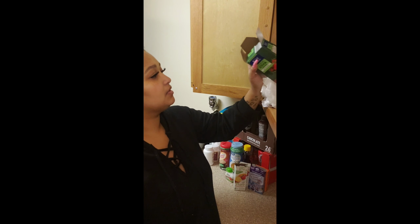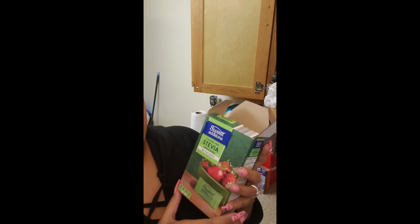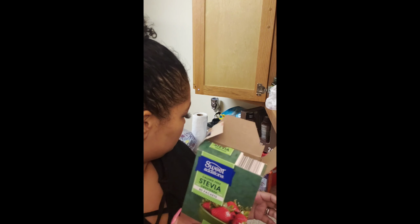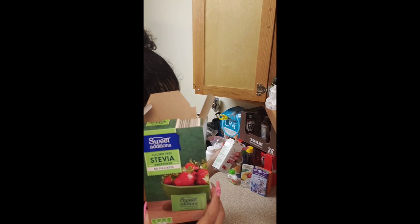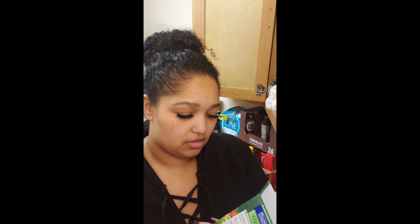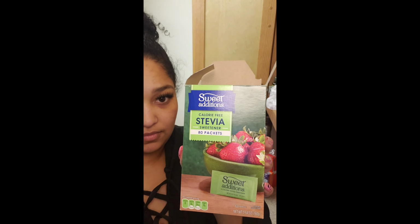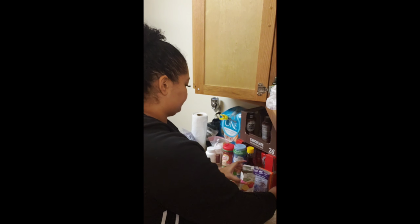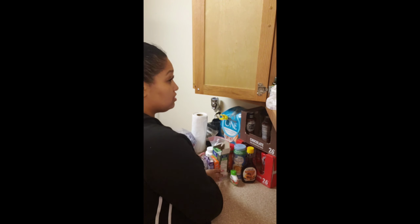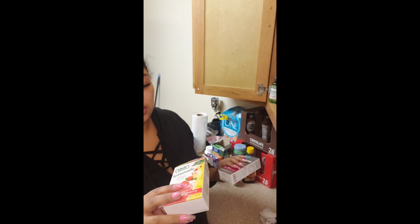Okay, this is an awesome buy. I actually got this. The stevia is from Aldi's. It's supposed to be like stevia. And I think it was like $3.99 for this big box. Let's see how many's in here. 80 packets. So Aldi's, and Aldi's fine. I told you. Here's a True Lemon